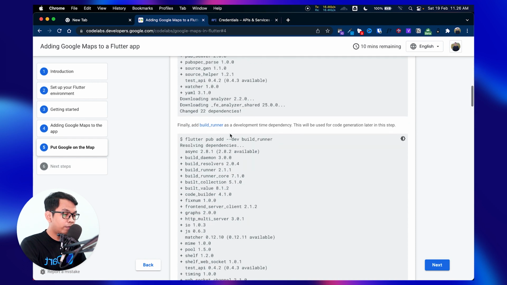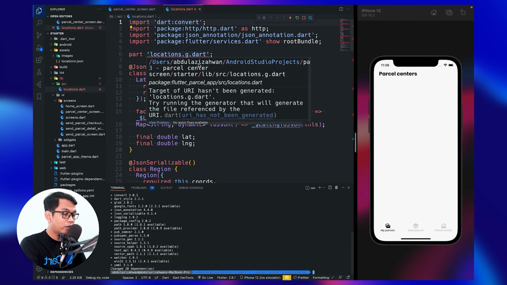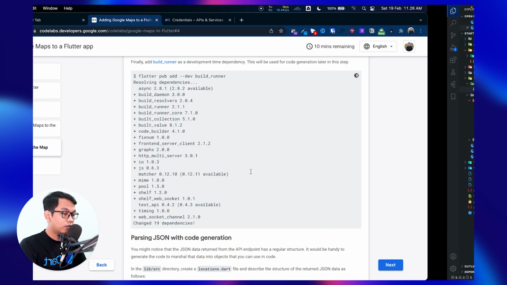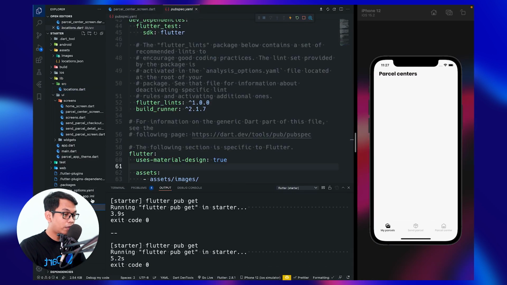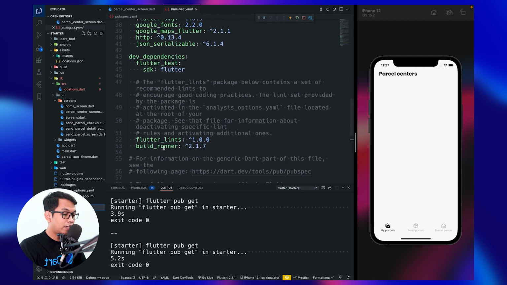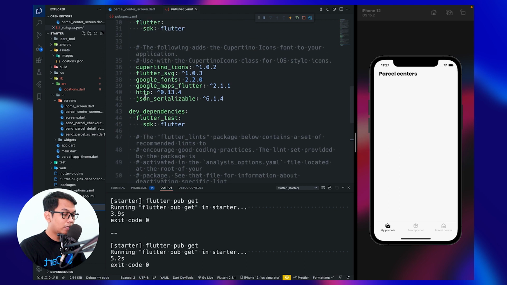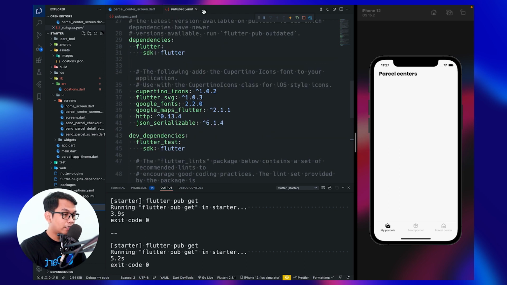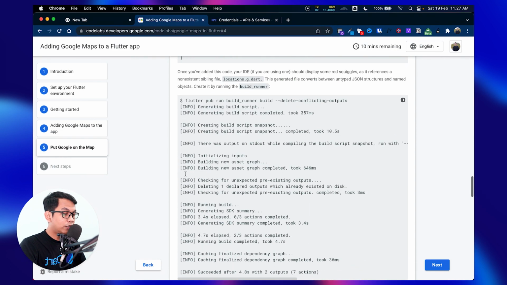And the next is build_runner to generate our location.g.dart. So let's copy this, paste here, and let's open pubspec.yaml. And now, as we can see, we see build_runner on dev dependencies, and HTTP and json_serializable on dependencies.